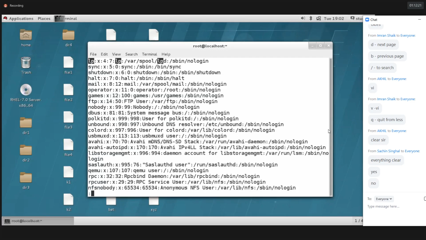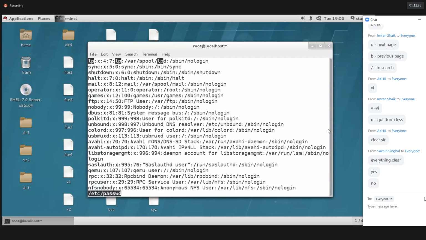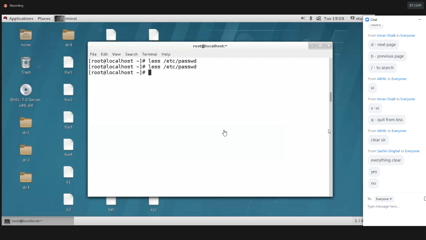We need to edit the file using the less command. How do we switch from less to the VI editor? Small v is the option to edit the file. Then small i for insert mode. You can edit the file, then save and quit, and I'm back to the less command. I need to quit from the less command with Q. So I'm back to the terminal from less. I hope you're clear, guys. Yes, no?